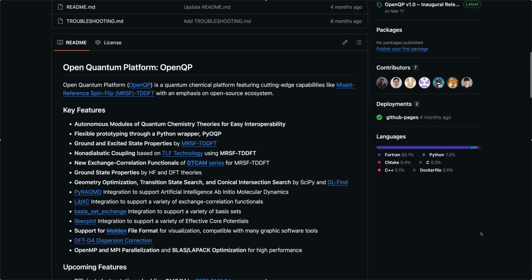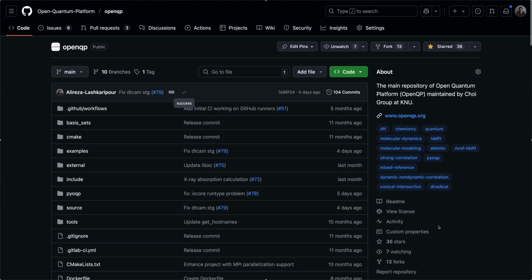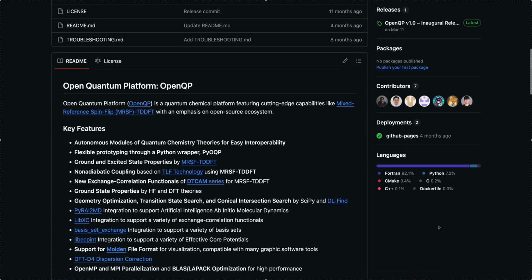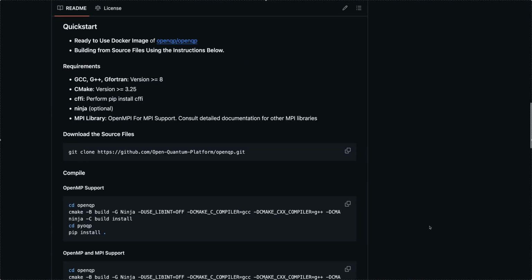And you can use our code to connect it to other external programs, like using Pyramid to do NAMD, or using Orca to do conical intersection search or transition search. All of these codes and how to use them are in the wiki page of this GitHub, and I will cover them in this playlist. And the way you can install